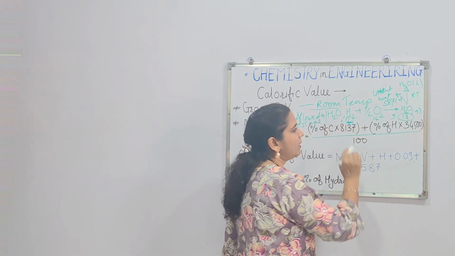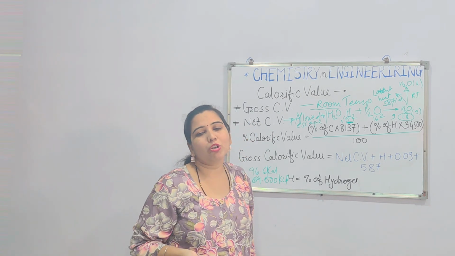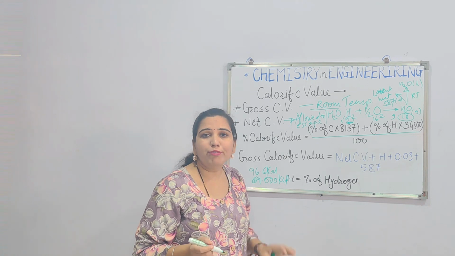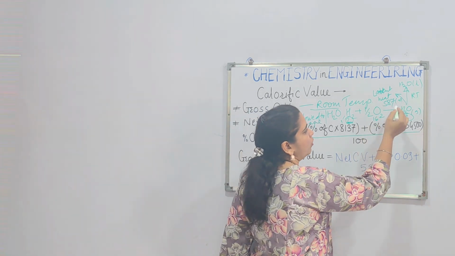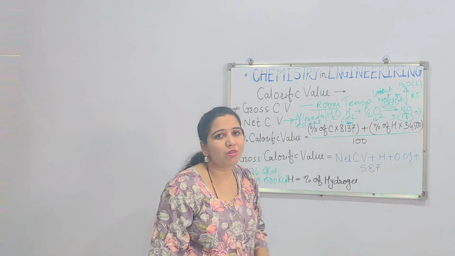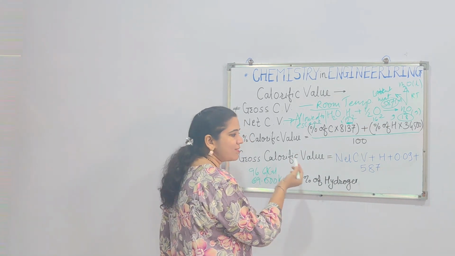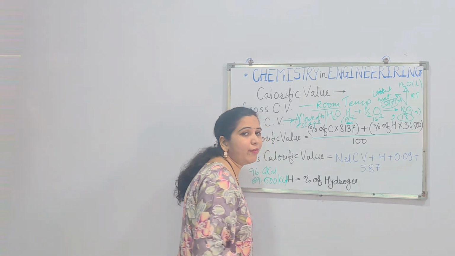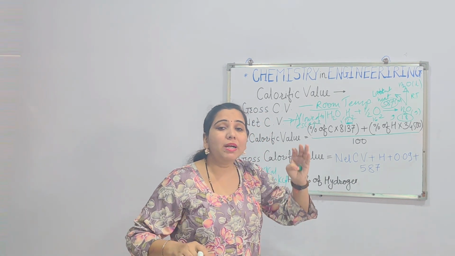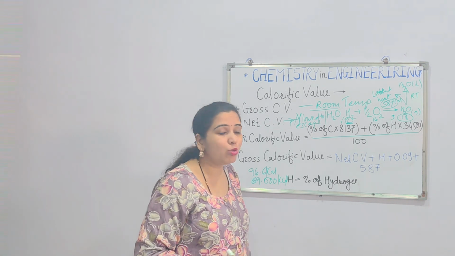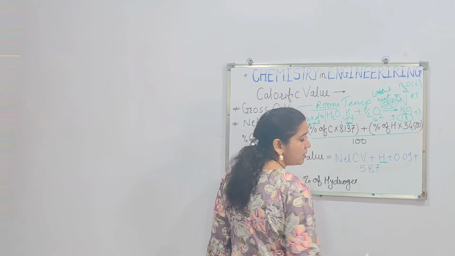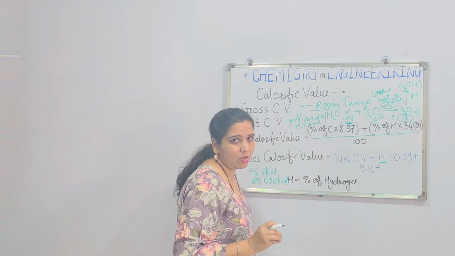For 1 gram of hydrogen, 9 gram of H2O is formed, and during the burning of 1 mole of hydrogen, there is a formation of such an amount of latent heat. So from that reaction, we can say that gross calorific value is equal to net calorific value plus latent heat of condensation. It is a simple equation. When we consider the latent heat of condensation, it is the net calorific value plus hydrogen, where this hydrogen is the mass of hydrogen.